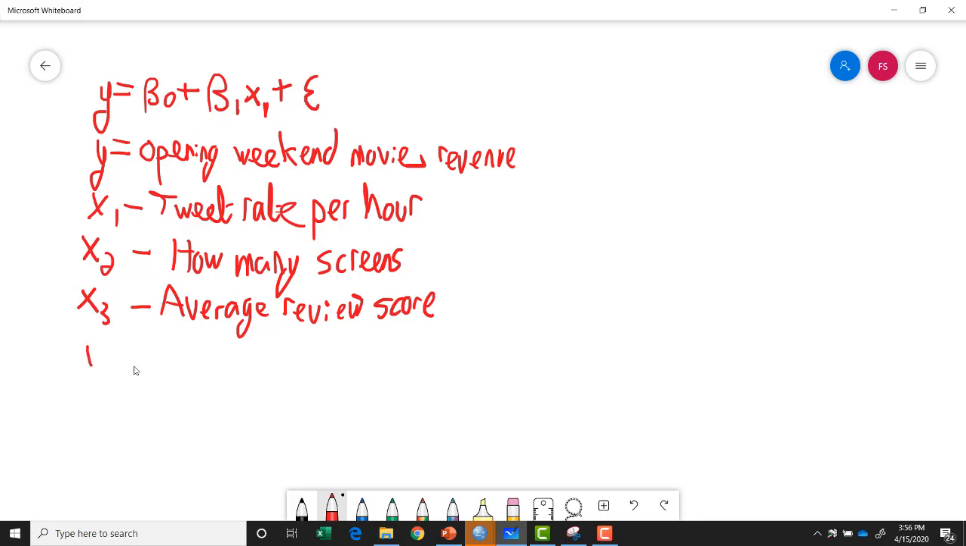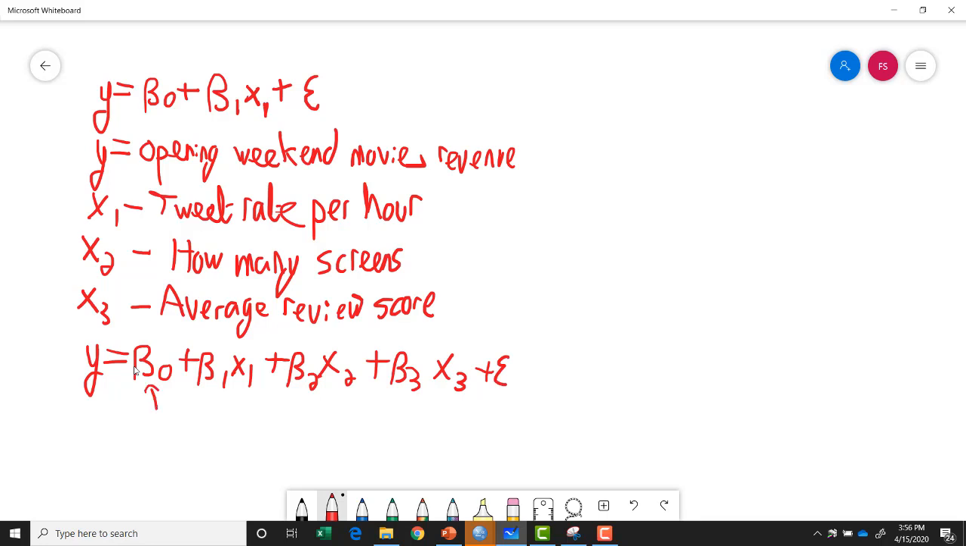So now we have the following equation. We still have our intercept, but we now have 3 different regression coefficients. Now, the intercept is still pretty much the same. This is the value of x. Sorry, the value of y. But this time it's when all x's